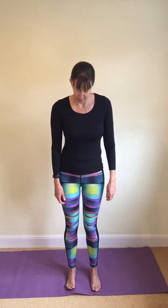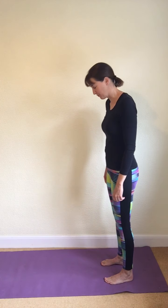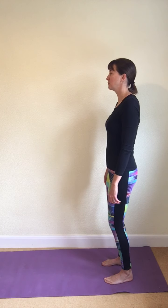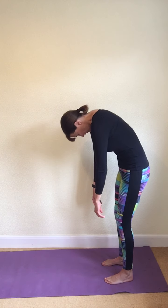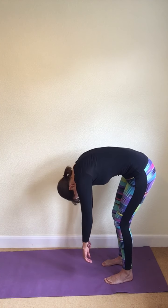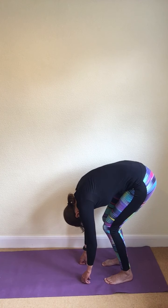So feet are hip width apart and parallel. In fact, let's come to the back of your mat, and then we'll do one leg stretch, and then we'll come down onto the mat in preparation for part 2. So feet are hip width apart, soft in the knees, relax your arms. Take a deep breath in. As you breathe out, round through the spine, bone by bone by bone, curling down towards the floor. Hang the arms, hang the head, bend your knees to bring your hands to the floor, and really let the